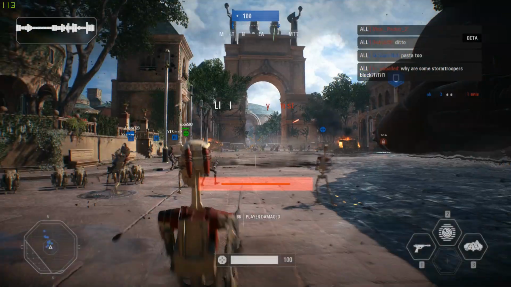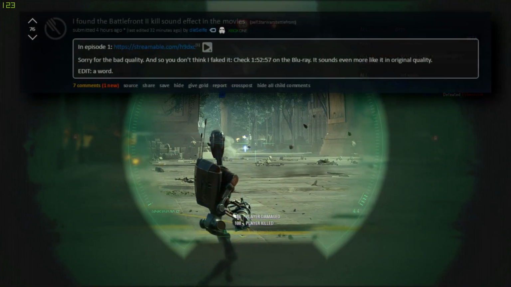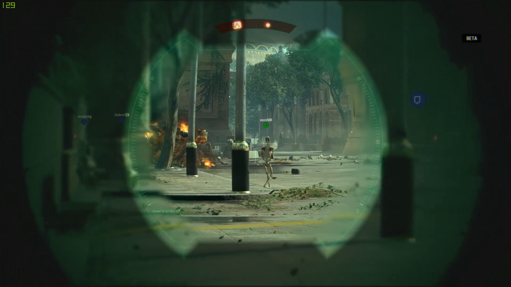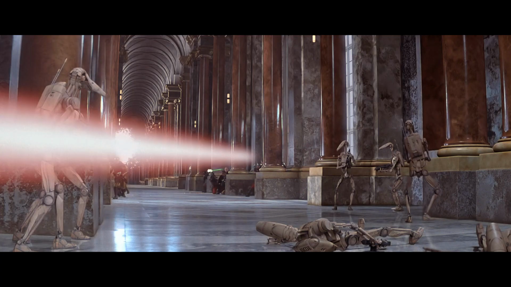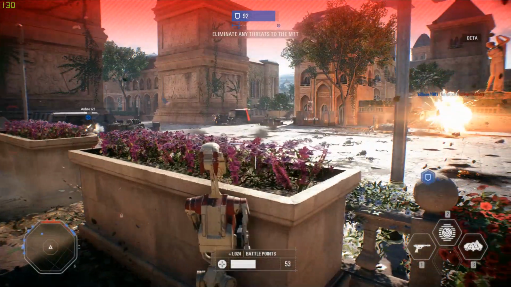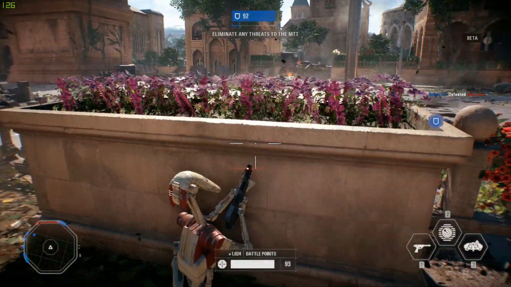The first thing I wanted to bring up is something cool that was found by Reddit user dieSeife. He actually found where the kill sound in Battlefront 2 originated from, which is from Episode 1. As you can hear when Padme shoots this droid, it sounds almost identical to the kill sound in Battlefront 2. It's not just a copy-paste of the sound effect, but you can definitely hear the very close similarities between them,